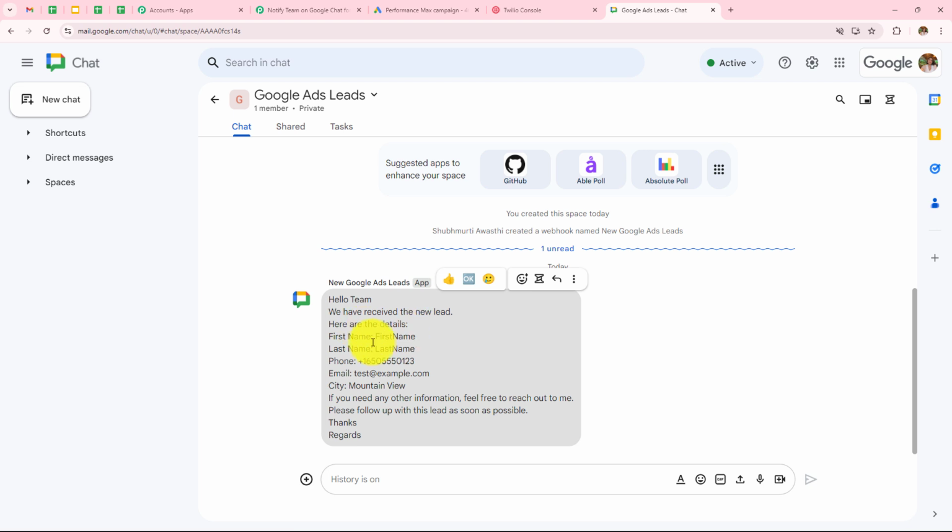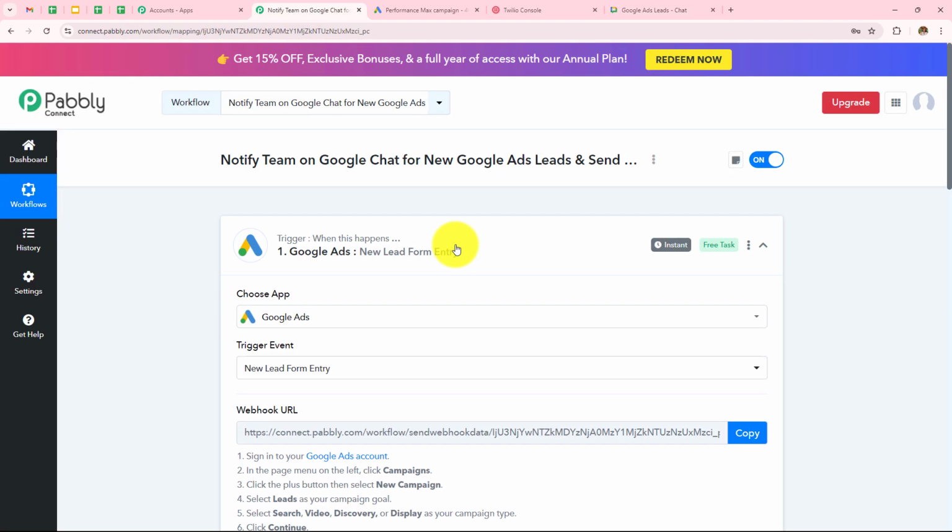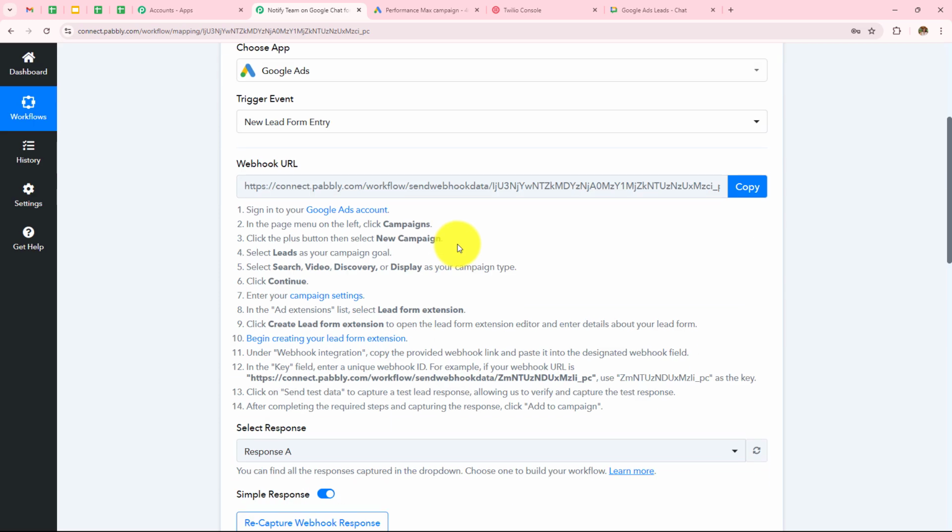Here are the details. First name was first name, last name was last name, phone number was this, email address was test@example.com, city was Mountain View. If you need any other information, feel free to reach out to me. Please follow up with this lead as soon as possible. Thanks, regards. Now to summarize this, we took Google Ads as our trigger application where we made connection with Pabbly